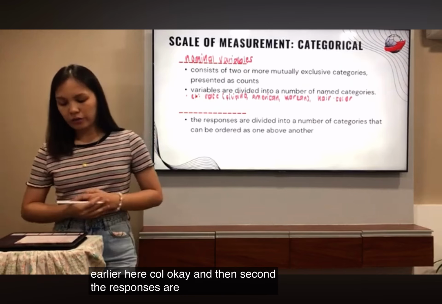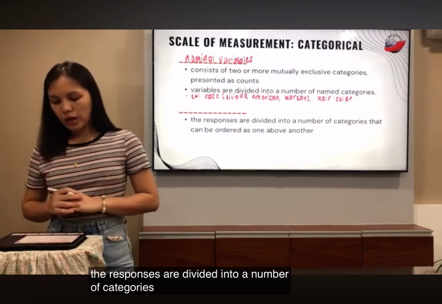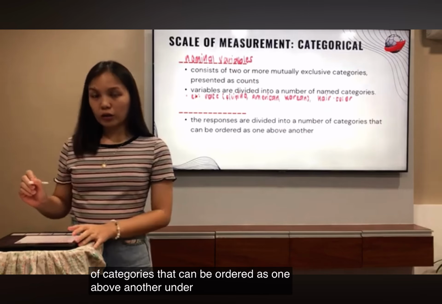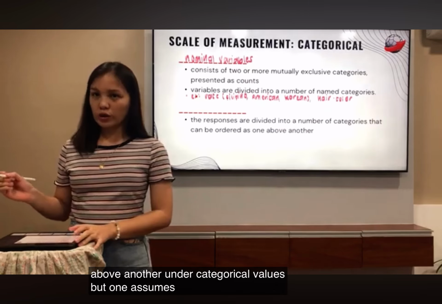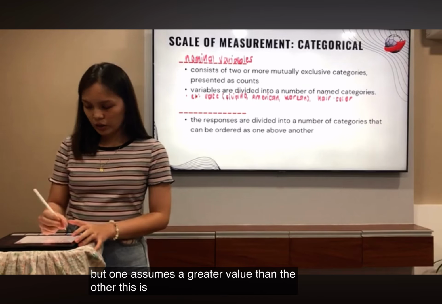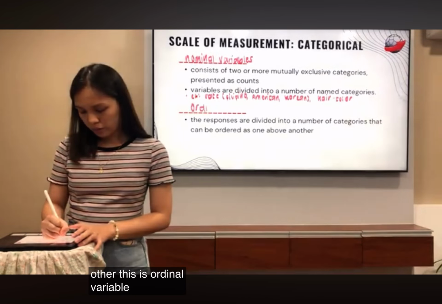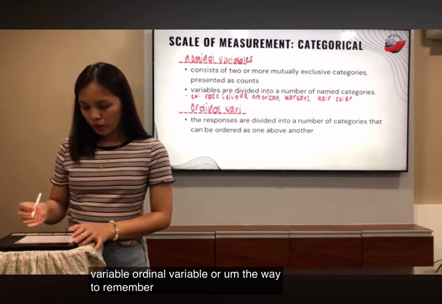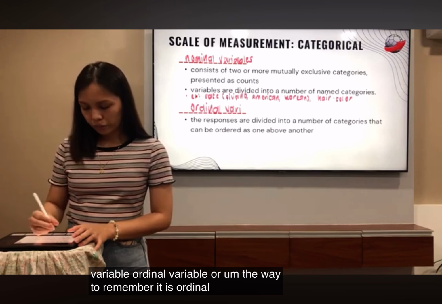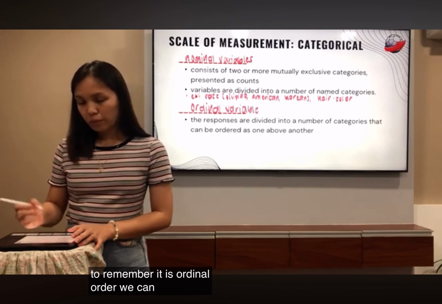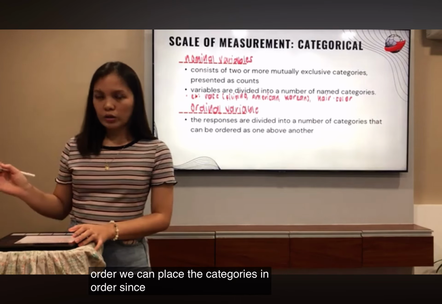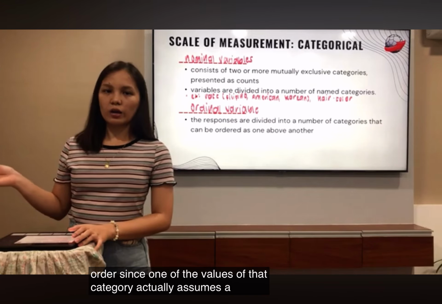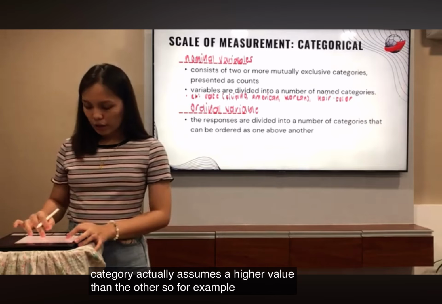Second, the responses are divided into a number of categories that can be ordered as one above another, still under categorical values, but one assumes a greater value than the other. This is an ordinal variable. The way to remember it is ordinal, order. We can place the categories in order since one of the values of that category actually assumes a higher value than the other. So for example,